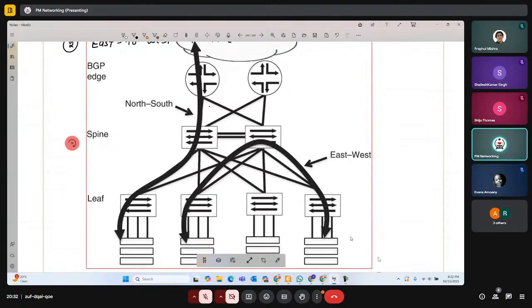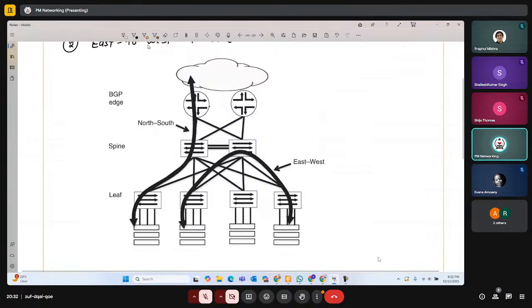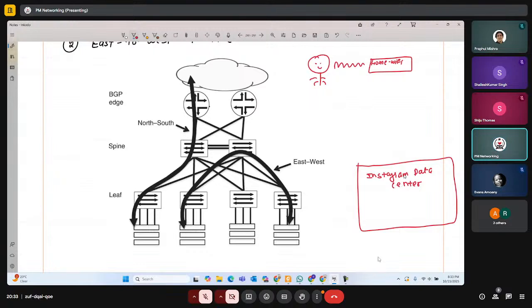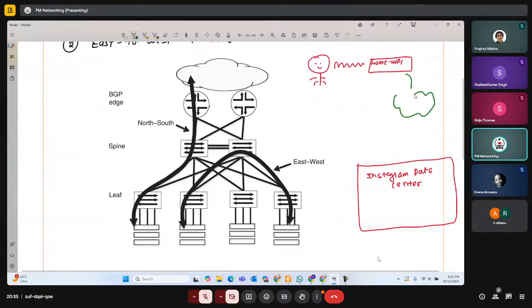It is more clear as compared to the previous one. So here, understand, this is a data center network. Let's say this is you. You are connected to your home Wi-Fi. This is your home Wi-Fi router, and the wireless connectivity is there. And this is an Instagram account. So from this home Wi-Fi, you'll go to the internet, and somehow through the internet, you will enter this